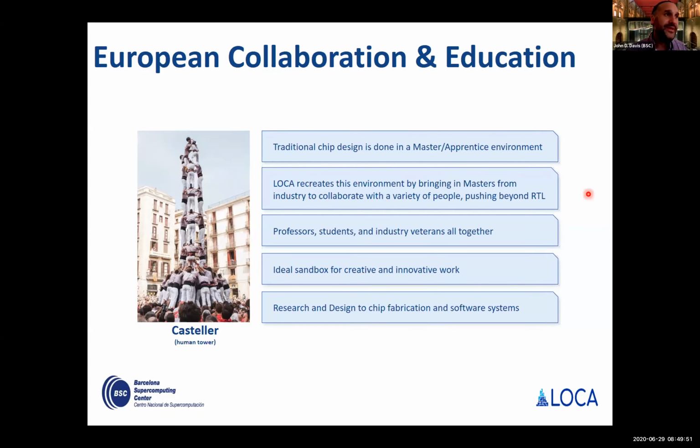So what we want to do is create an environment where we can bring these masters and apprentices together from academia and industry, to work on projects targeting different types of innovation in hardware and software, and create a collaborative sandbox where you can work on these interesting ideas and then have an artifact that comes out of that. The whole end goal is to look at various major thrusts or design areas, drive those to completion, and build that in an academic environment.